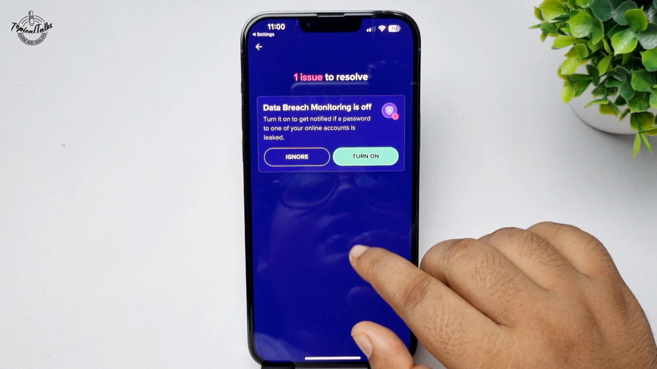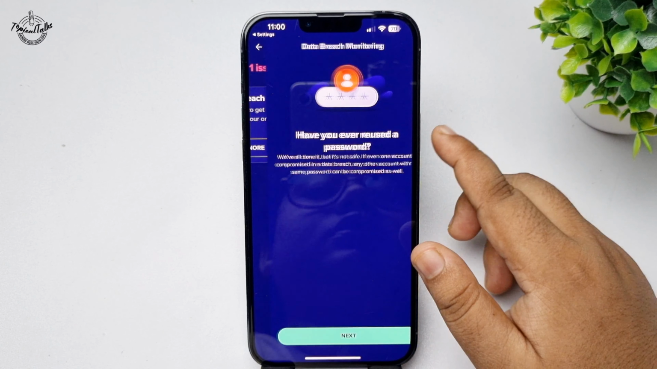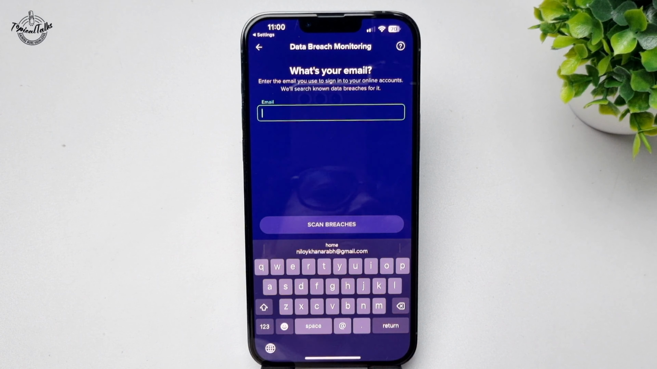Going back from here, and now also I have to enable Data Breach Monitoring. So I'm going to turn it on from here, and here you have to add your email address and then enable